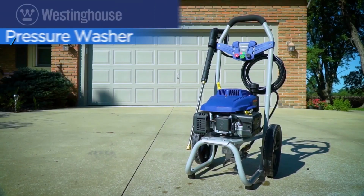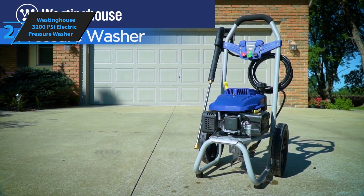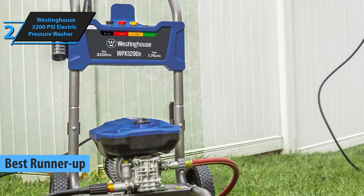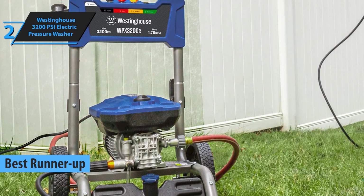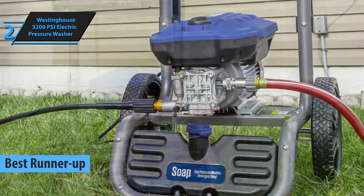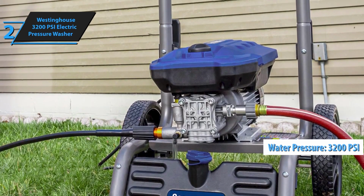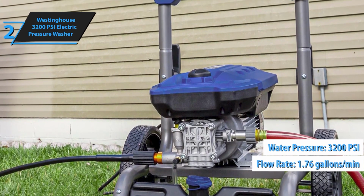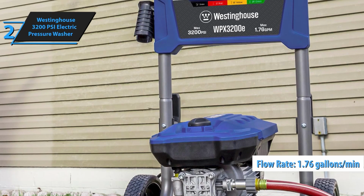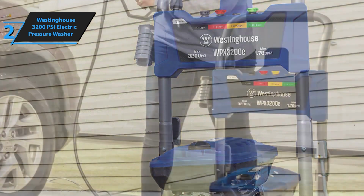tasks. In second place, we have the Westinghouse 3200 PSI electric pressure washer, our best runner-up. This machine is a cleaning beast, delivering 3,200 psi of pressure that's perfect for tackling the dirtiest surfaces, whether it's grease-stained driveways or mildew-covered decks. The Westinghouse also features a built-in soap tank and 5 nozzle tips for maximum versatility. If you're looking for a powerful machine that's ready to tackle the toughest cleaning tasks, this is the one for